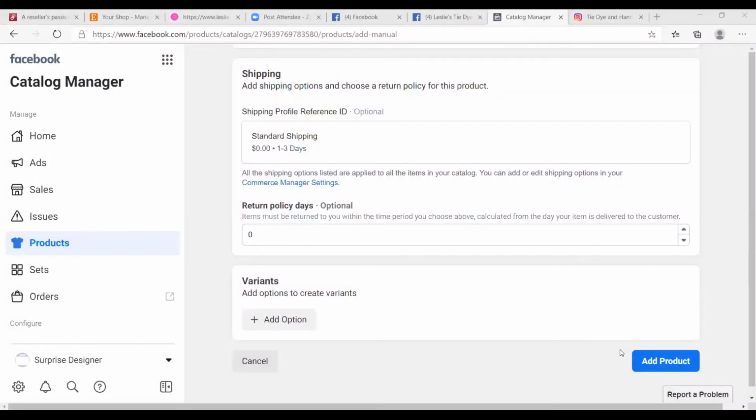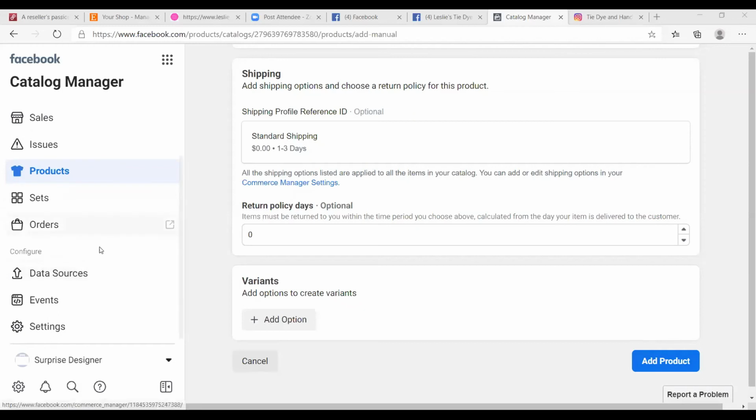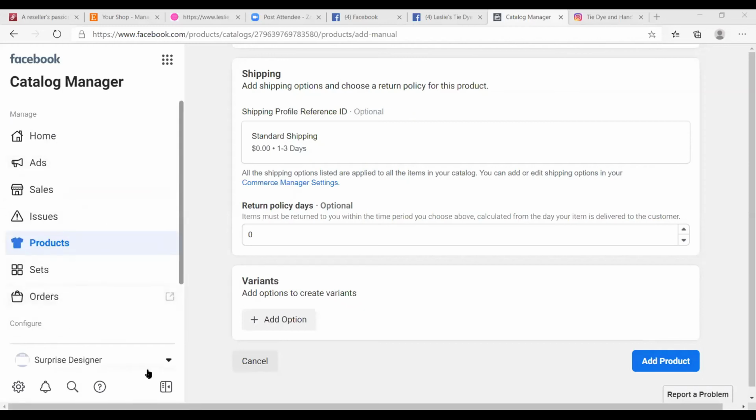Okay, so then you hit add product and then it will add it to your store. Okay, so all the information you have to do your own setup, because I'm not going to be able to show you that because I'm already set up. Okay, and then that's how you set up your store, your shop there. And I'm going to go back to